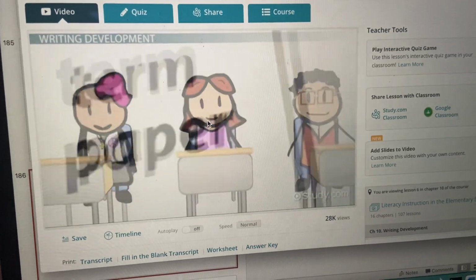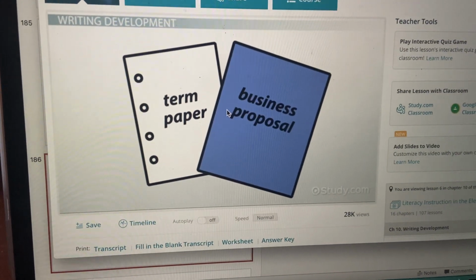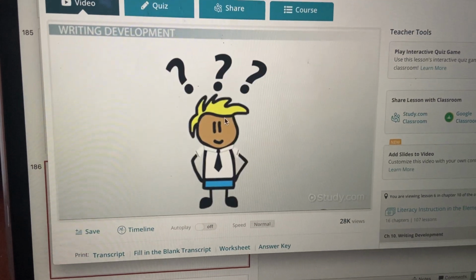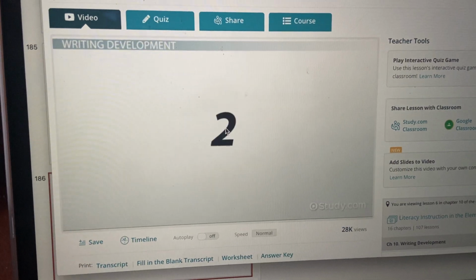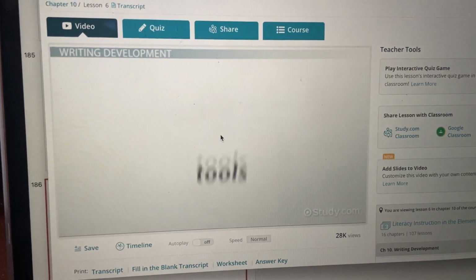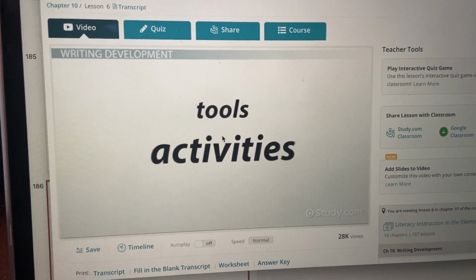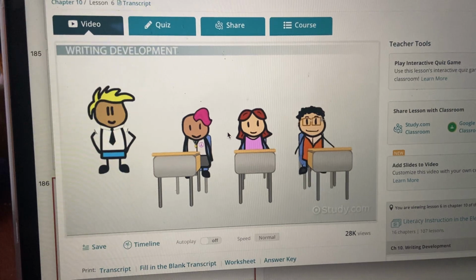skills. As they grow, writing will become an important part of both their academic and professional lives. So how can Josh help his students become great writers? There are two elements that teachers can use to help students develop their writing skills: tools and activities. Let's look closer at each of these elements and how Josh can use them to help his students grow as